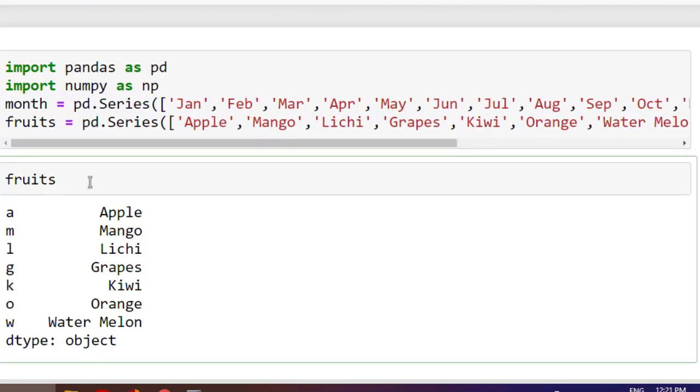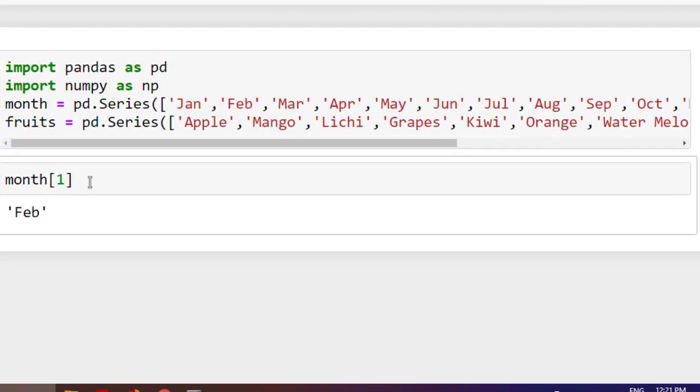So how can we use those index values? If I say month 1, it will print the value which this index value refers to. And in case of fruits, if I give any value, for example, L, and print, it gives the value which is associated with this user defined value.